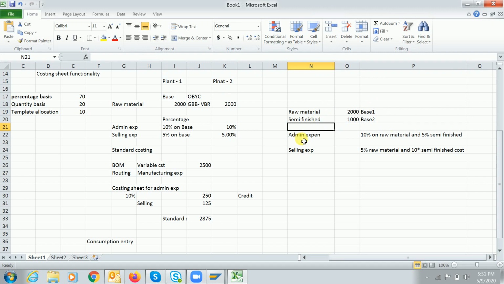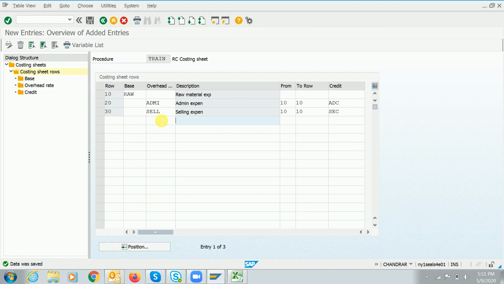Once I am done with this, one administration entry is enough and one selling entry is enough, I mean for percentages and credits. Here we have 10% on the raw material and 5% on the finished product. In the administration itself we have to maintain two rates. Let's go into the percentages.